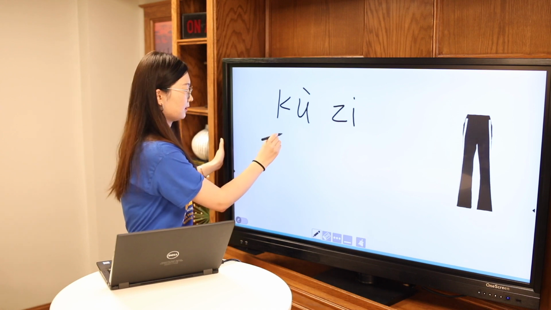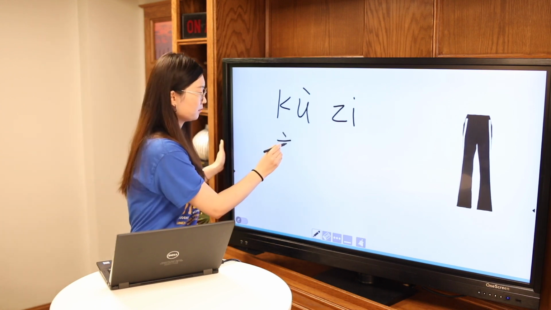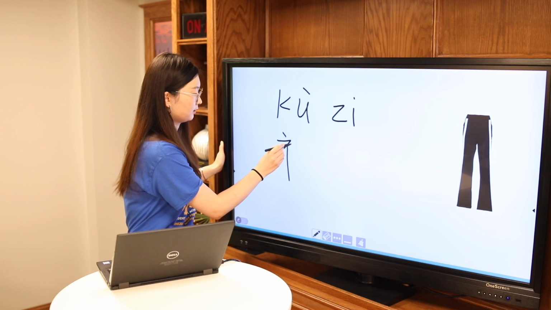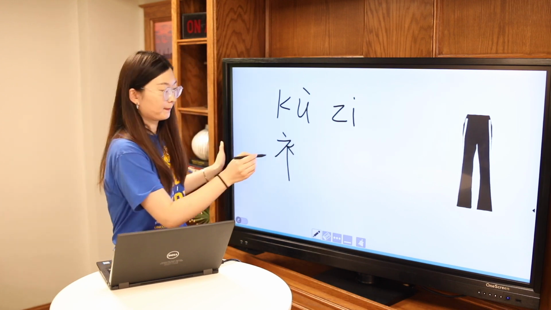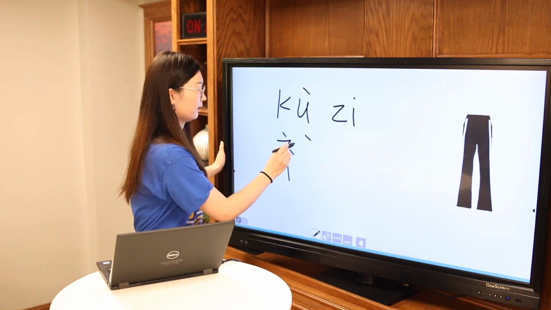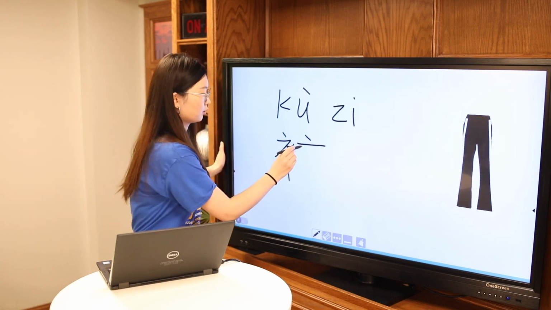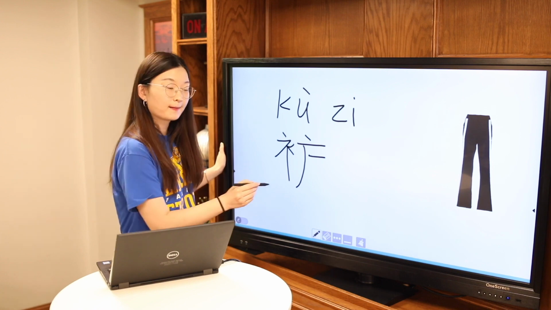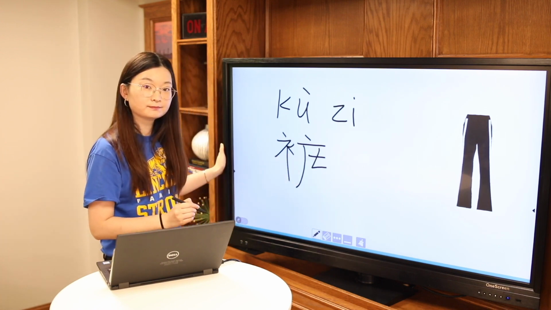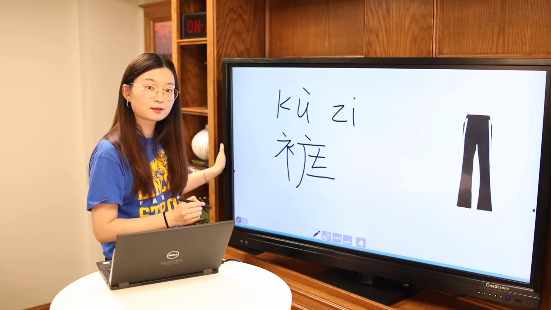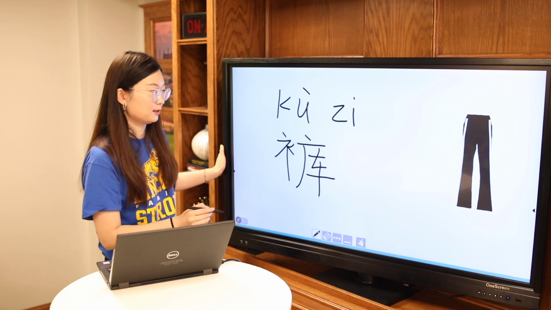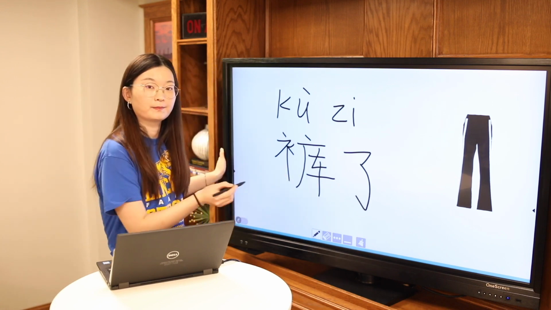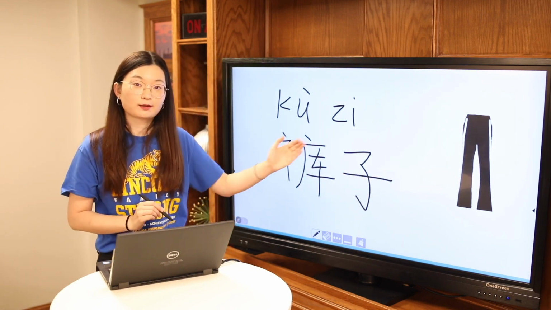Okay, 裤子 点 横撇 竖 点点 点 横 竖撇 横 斜横 横 树 and 子 is easy to write 横折 then one go then 横 okay 裤子 all kinds of pants